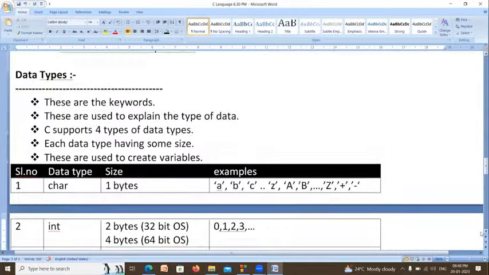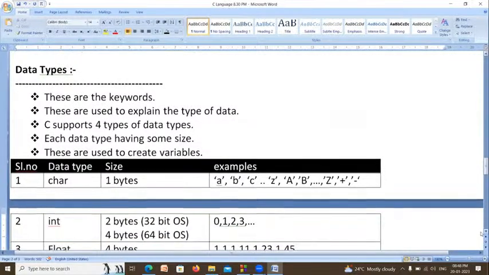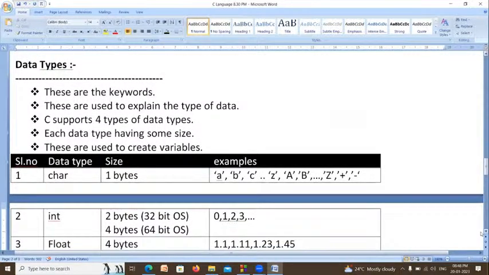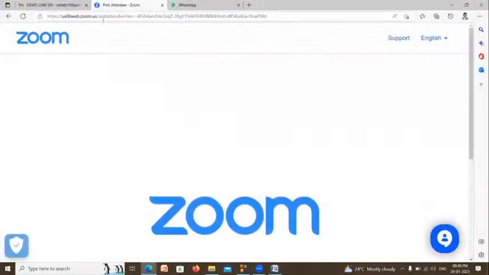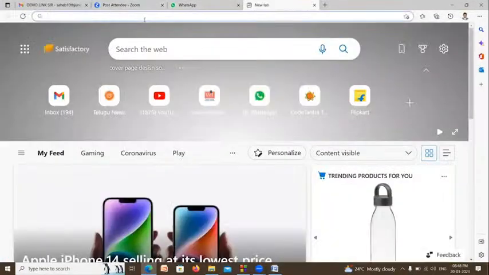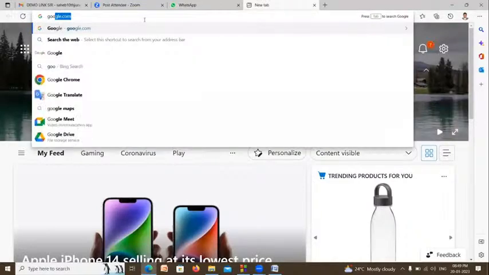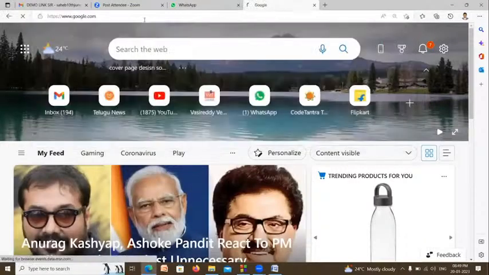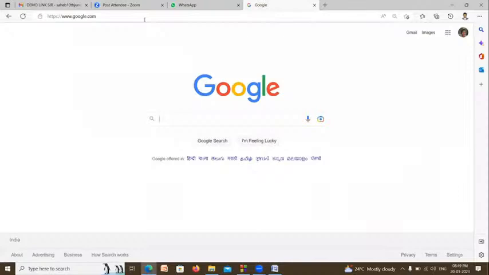Hello. Sir, actually for 32-bit, it's 4 bytes, sir. No, not 4 bytes, 2 bytes only. Okay, Chaitanya. Can we test? I checked on the internet as well, sir. Okay. No, I will also check. I am not the developer of C. I am also a learner. Before you, I learned. That's it. Okay.